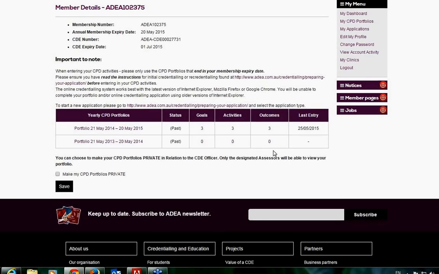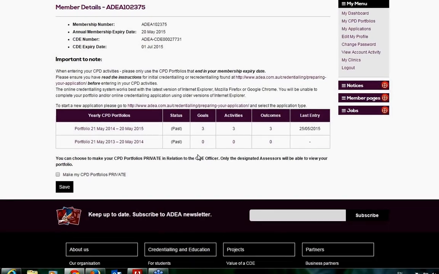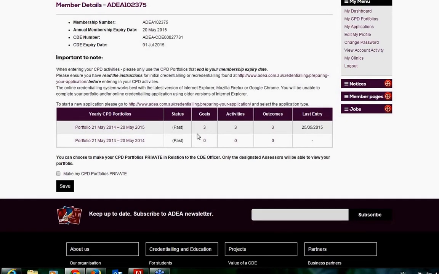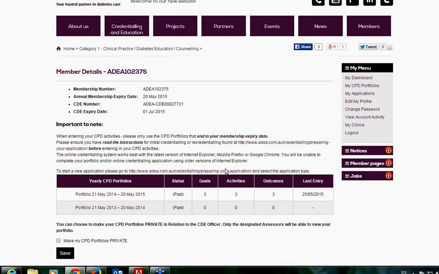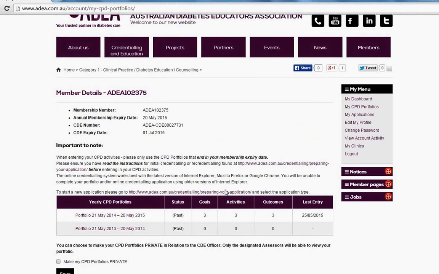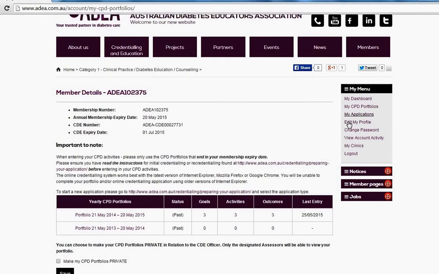I can also make my CPD portfolio private. So this means that the only person that can see your CPD portfolio and your goals and outcomes is the assessors. So it actually means that the CDE officer, which would be myself or Kerry Oddy, can't see these activities and goals, and we just would put that through to the